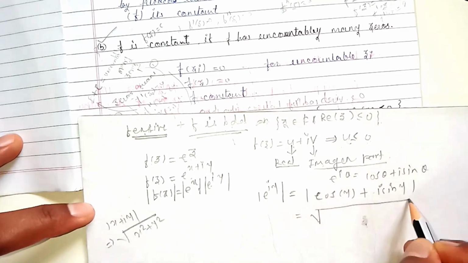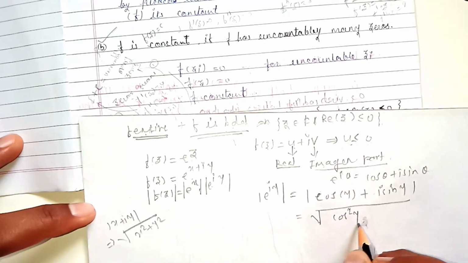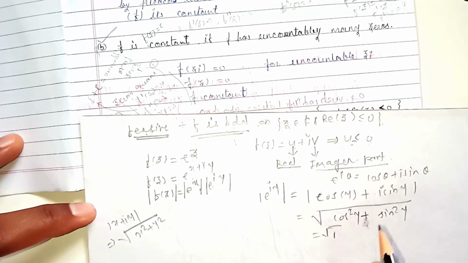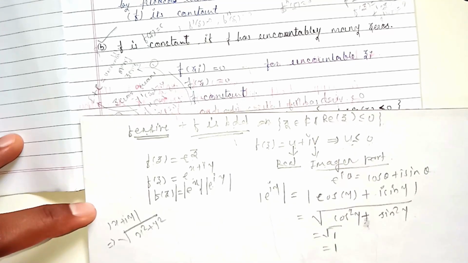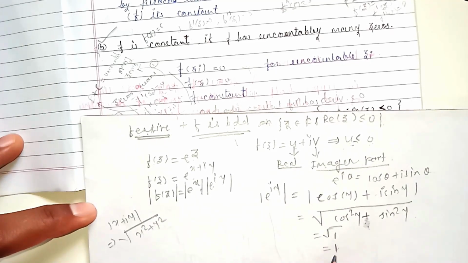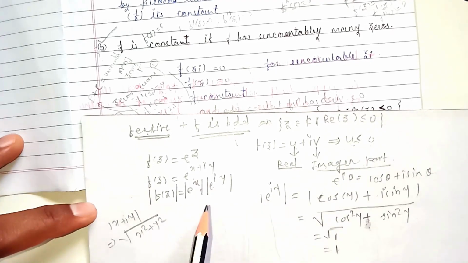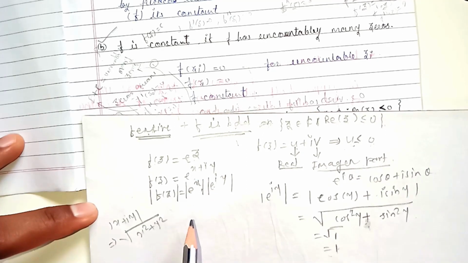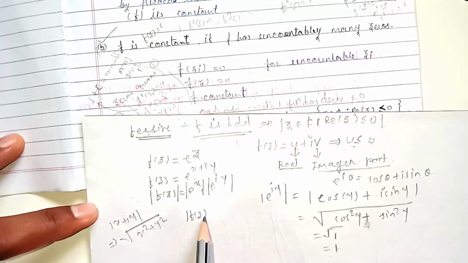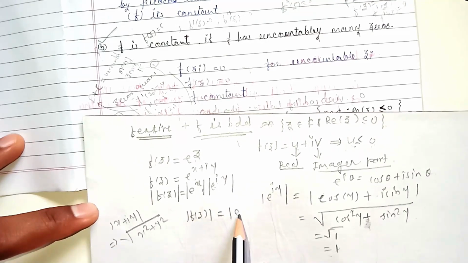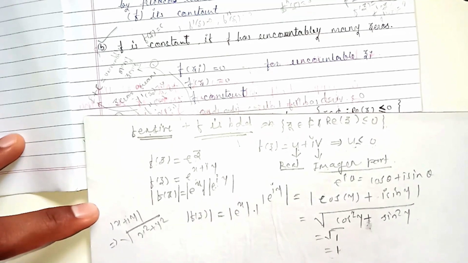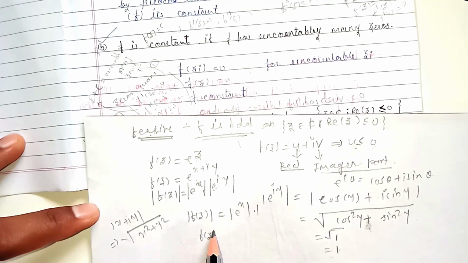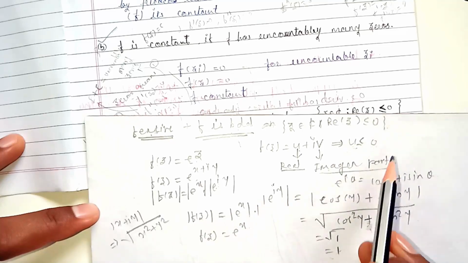So we can write here cos square y plus sin square y, so square root of 1. So it gives the value 1. So the modulus of e raised to iy has the value 1, and e raised to x stays the same. So f of z can be written as only the modulus of e raised to x, into e raised to iy, which is 1. And here f of z, I got e raised to x, when x needs